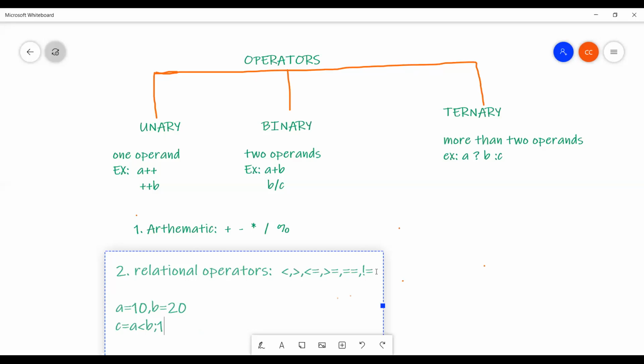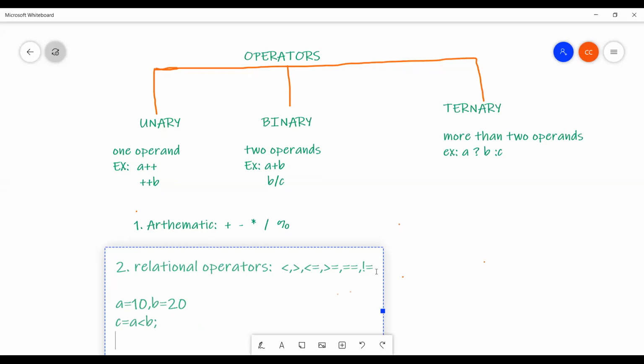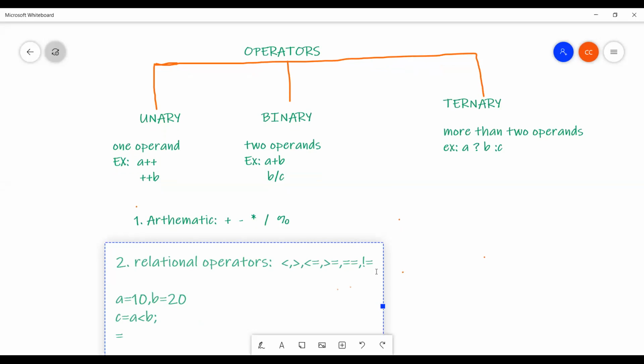Condition true means the value will be 1. So now the C value will be 1. So relational operators always give a result that is 0 or 1. If the value is true, the result will be 1. If the value is false, the value will be 0. That's all. Suppose I will give A equal to 10, B equal to 20.